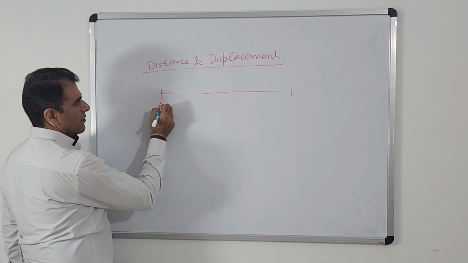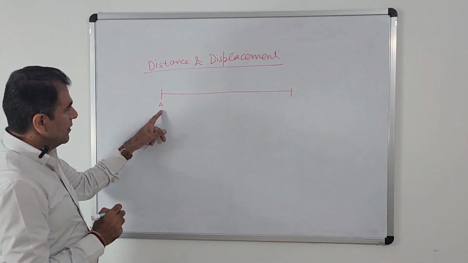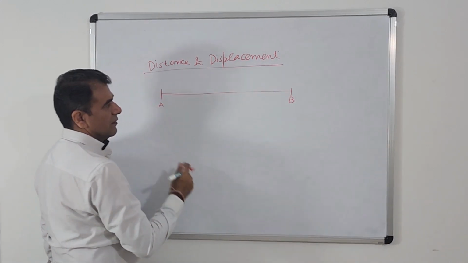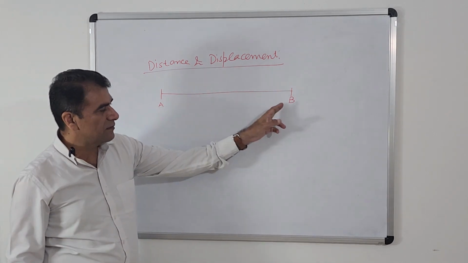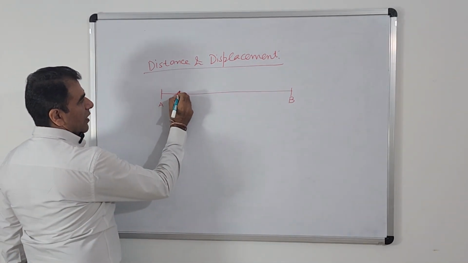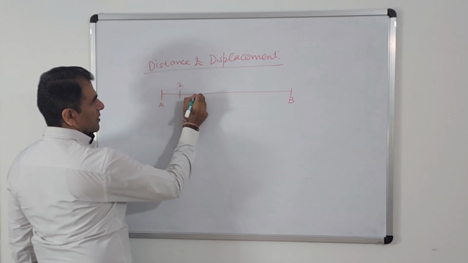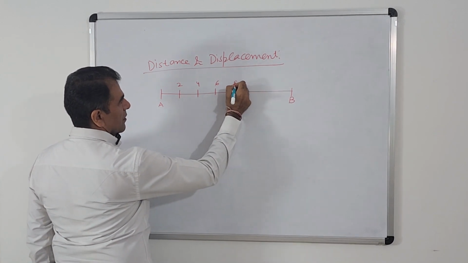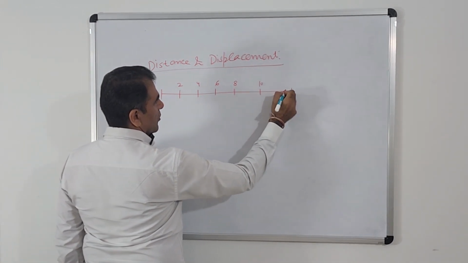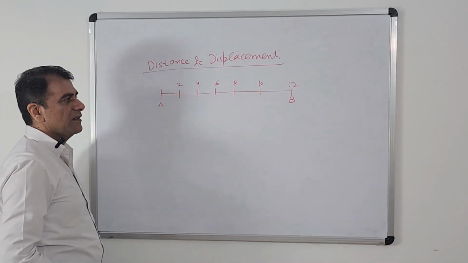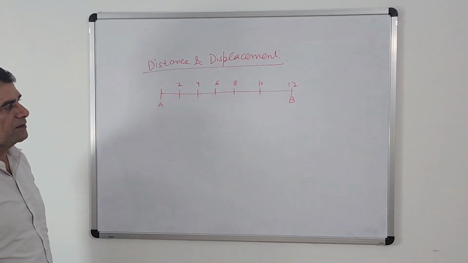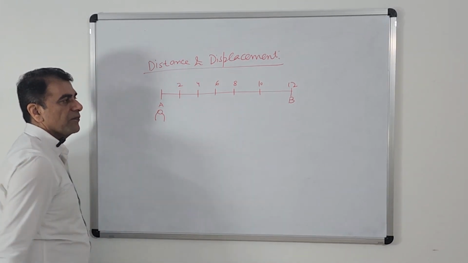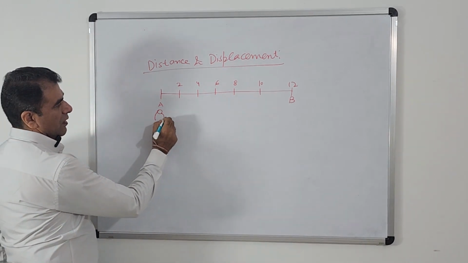say at point A, right? Then the person reaches here at point B after walking some distance, some length, right? So this is 2 kilometer, 4 kilometer, 6 kilometer, 8 kilometer, 10 kilometer, and say it is 12 kilometer, right? The scale is in kilometers. Person is standing here. Okay. Now this person moves along this direction,